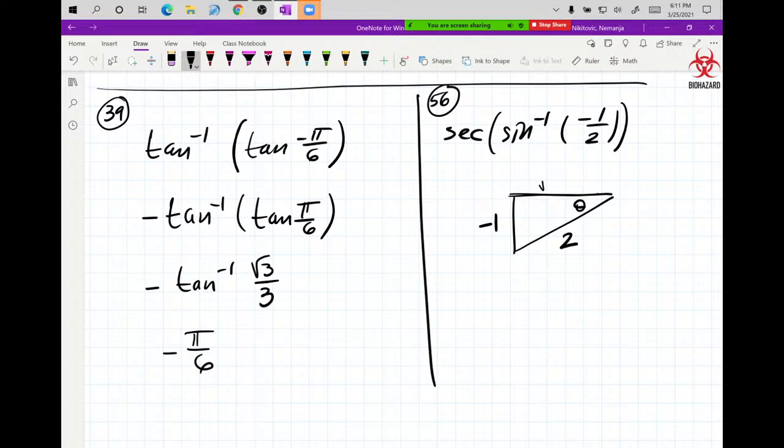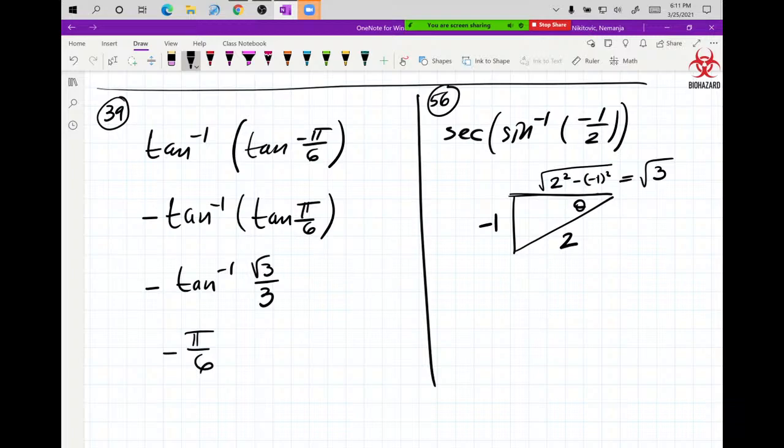That means that this leg is 2 squared minus negative 1 squared with the Pythagorean theorem, which is square root of 3, right? 2 squared is 4. Negative 1 squared is positive 1, so 4 minus 1 is 3, so that length there is root 3. So now,